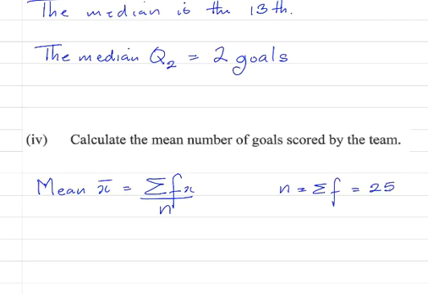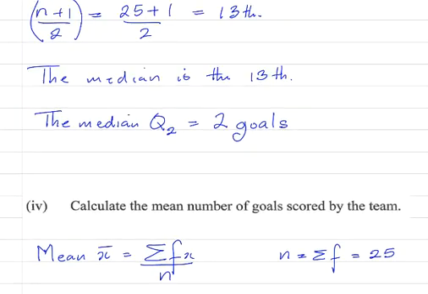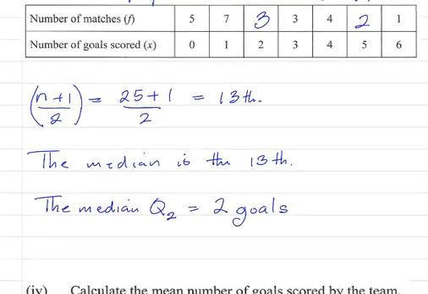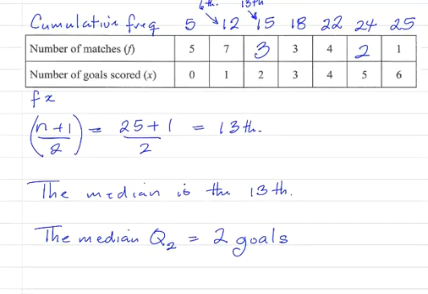The first thing we need is fx, which is the frequency times the value. So let's go back up to our table and put in a row called fx. This is 5 times 0, which is 0, 7 times 1, which is 7, 3 times 2, which is 6,